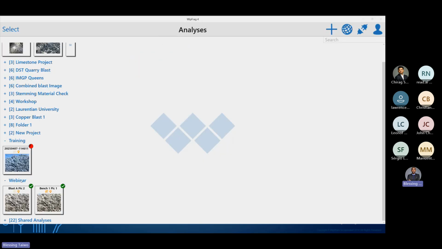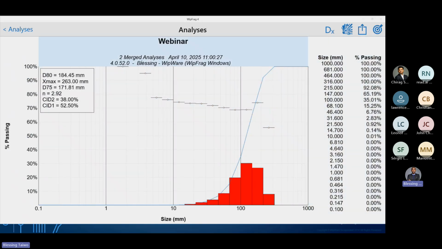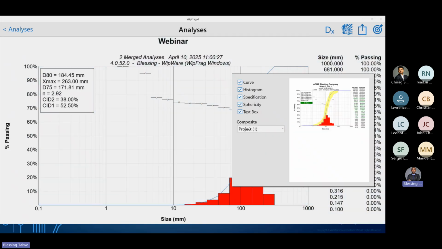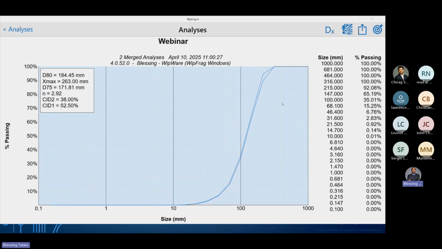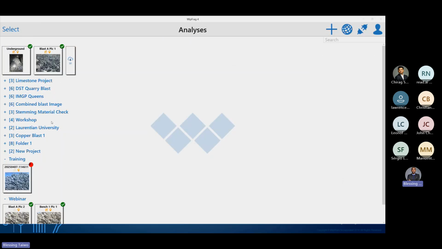Then when you click the profile, you have the 2 images meshed together. You can also view the 2 images as separate. Then you can see if there's any improvement or continuity, blast 1, then blast 2, comparing the 2 images together.